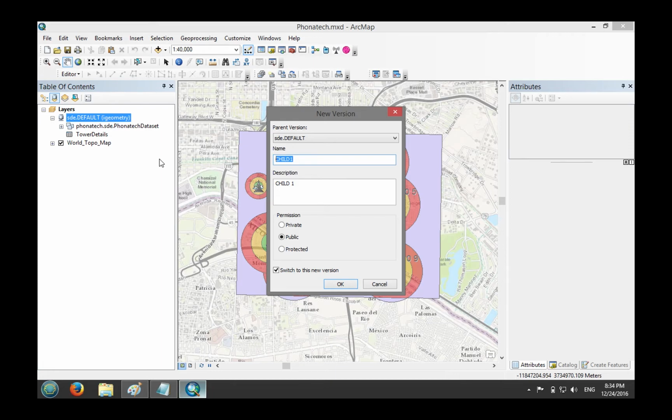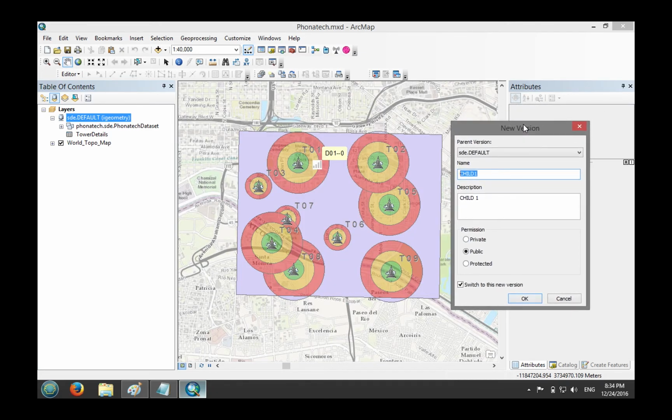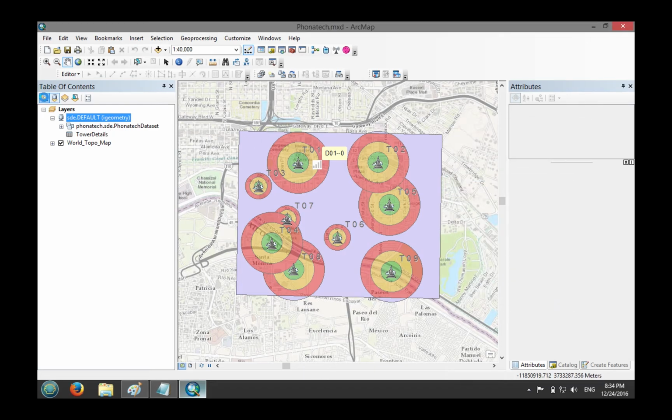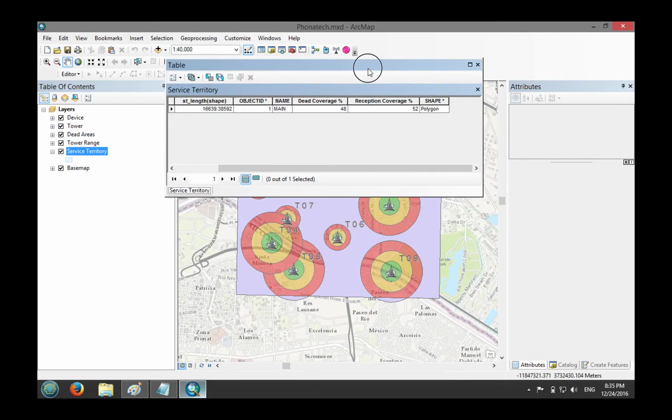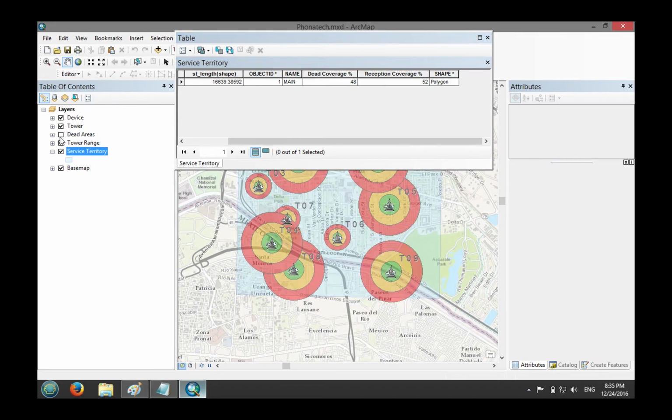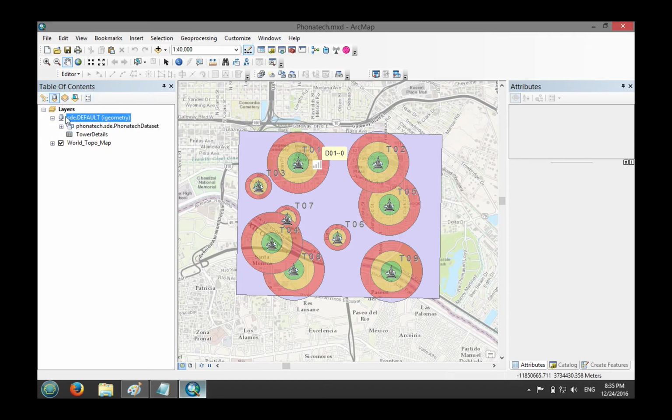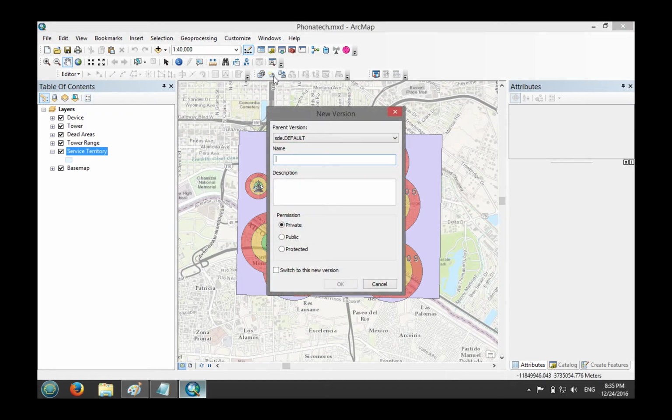I'm going to create a version, and this version represents an employee that needs to do some work with this, right? Let me show you what's going on here. If you go to the service territory, remember we populated this way back. These two are dynamic properties that are populated through code, and it will tell you through this service territory that this guy has 48 percent coverage and 52 percent reception coverage. So let's say my goal for this version is to make at least 70%